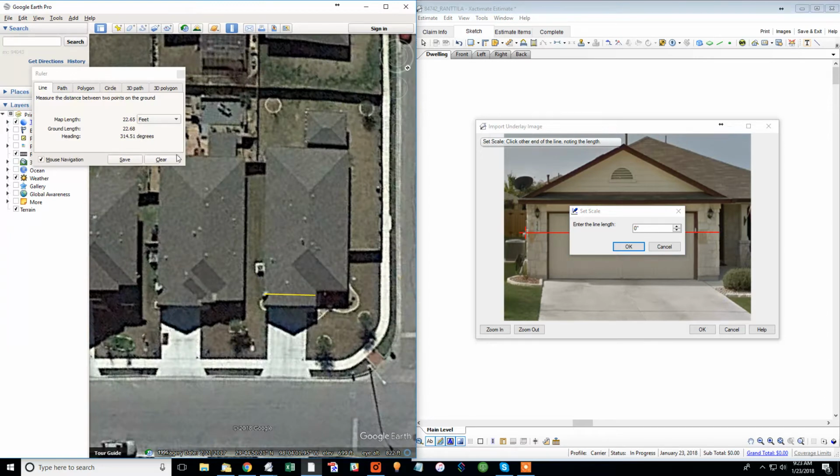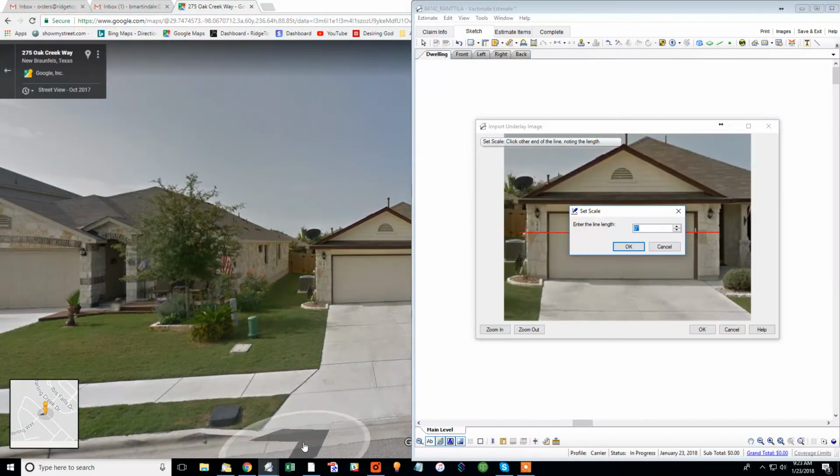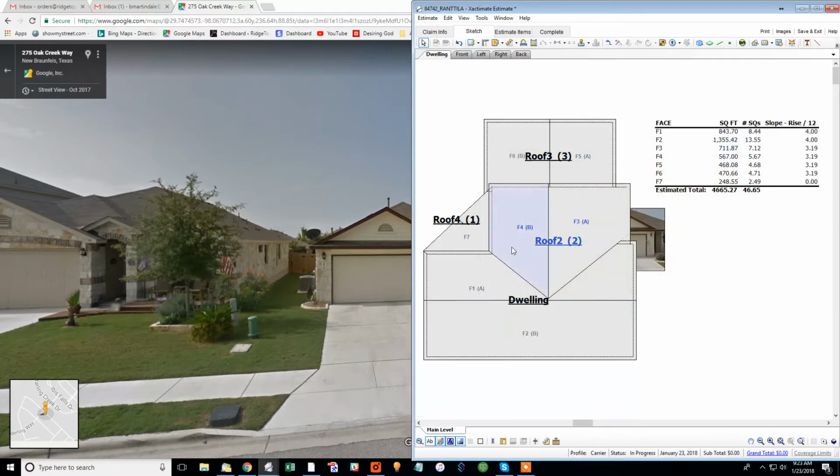I measured it at 22.5, and if you can see from this, the eave and the wall are about a foot apart. So what you have to do is take that 22.5 and minus 2, so you're going to get 20.5 feet is how long that is. That sets our scale